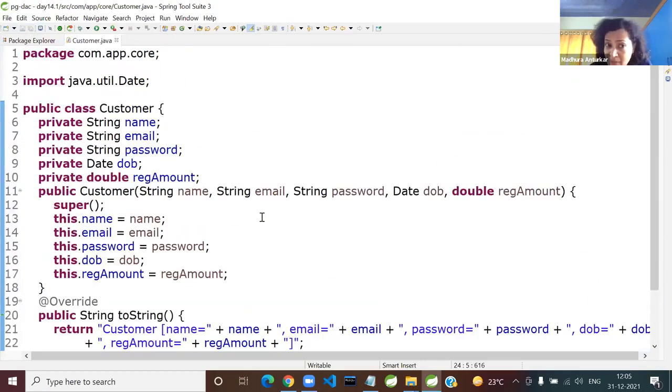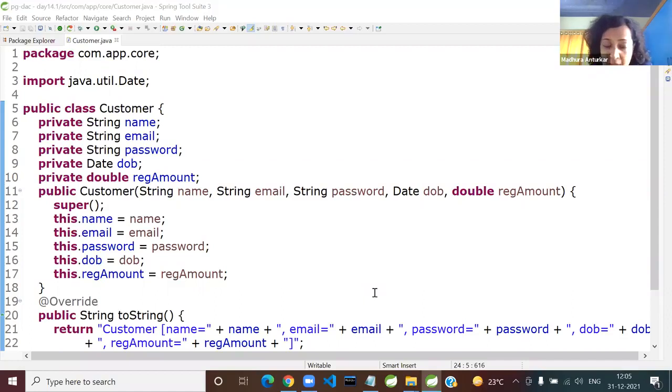Okay. So I'll be sending this customer class also shortly. So tell me, user is going to give you the date in what? In the string form. Is there any class which can do the parsing from string to date? Answer is yes. Which class, please? This is all a recap. I've not started with any new topics still.